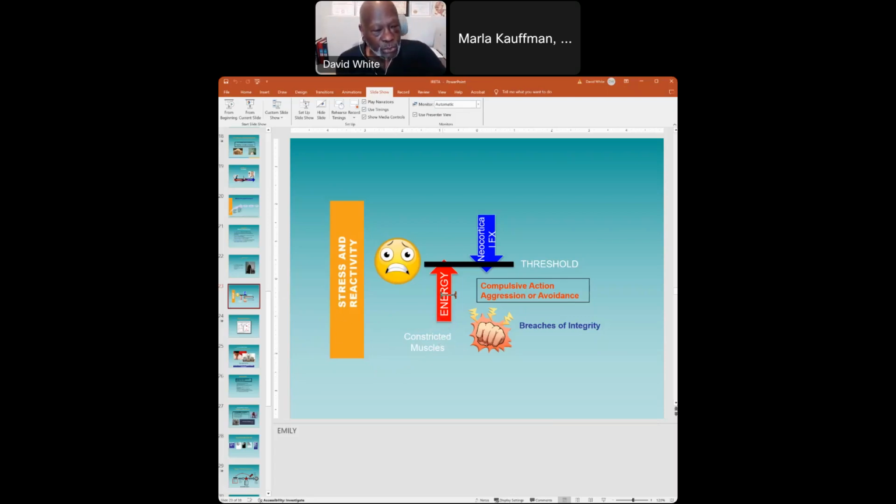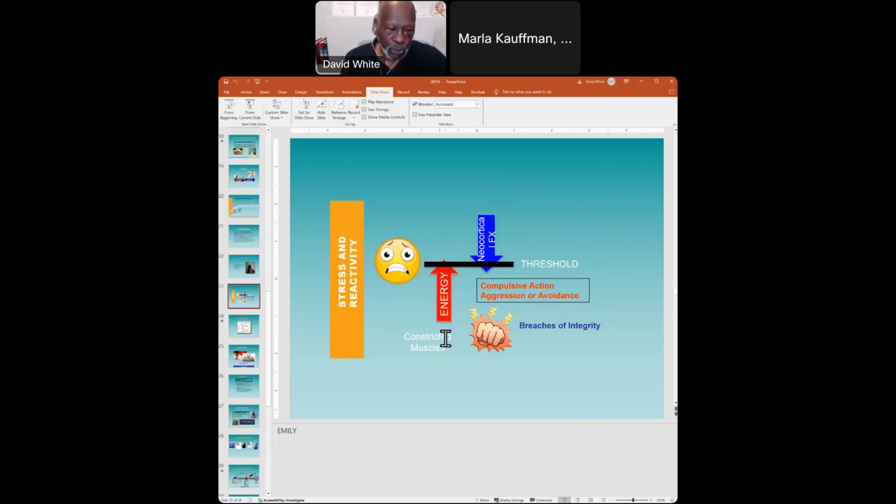And as the energy in your nervous system is going up, your neocortical activities are going down. Dan Siegel has a model where he talks about the hand model, some of you may have seen, where he talks about this being your brainstem, this is your limbic system where emotions lie, and this is your cortex that has your executive functions in it. So what's happening here is if you do not do anything to stop this energy from rising up, you flip your lid. And when you flip your lid, that basically means that you do not have access to the rational part of your brain.